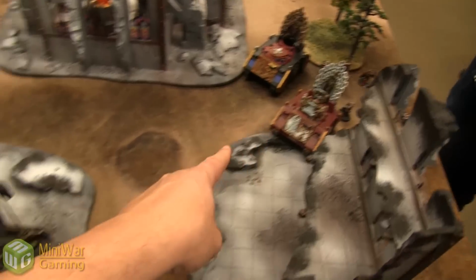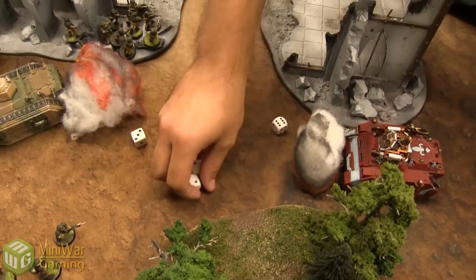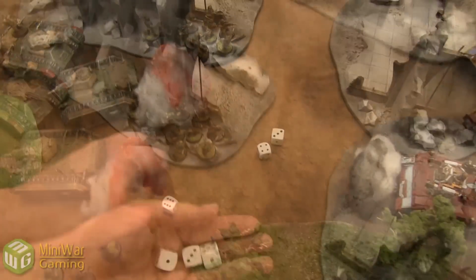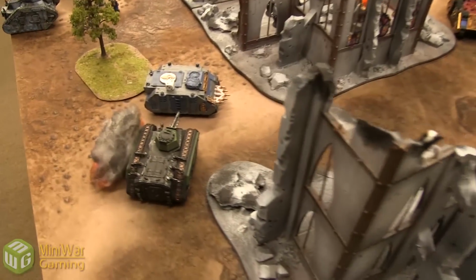Maybe. Exorcist tank is going to fire into the squad, trying to wear it down. 5 shots. 5 shots hitting on 3s. So 3 hits, wounding on 2, strength 8 AP 1. Can you deal 3 wounds? Yep. And ruins though, so 4 up cover. And 2 die. And the other Exorcist tank is going to fire all the way over at the Chimera with